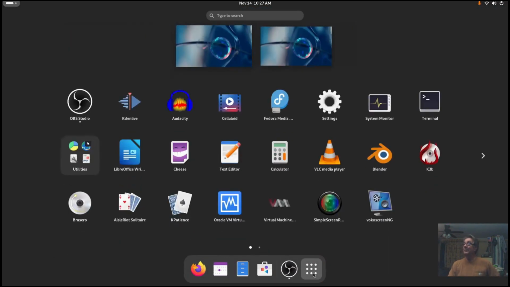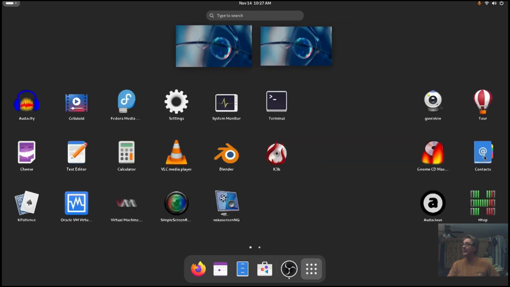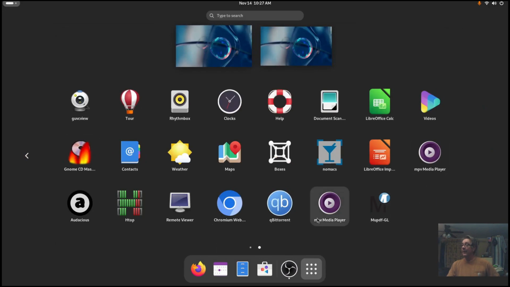If we go back to my menu, I wish I knew how to navigate this a little better. K3B, VLC, Brasero, Kpatience, the VirtualBox, Simple Screen Recorder, MPV Player, I had to install that, qBittorrent, Chromium Web Browser, I had to install that, HTOP, let's bring